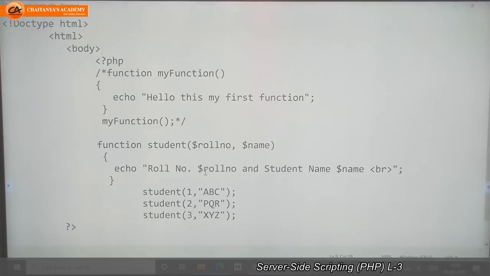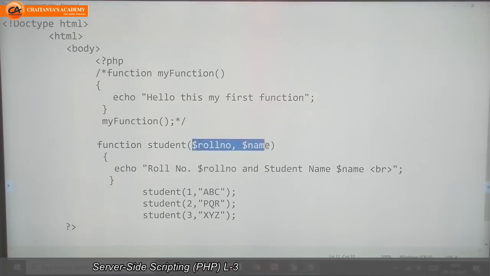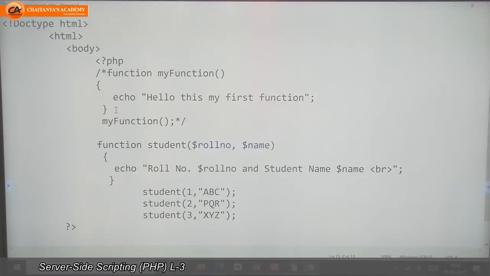See here, roll number and student name of that student, as arguments we passed here. So these are the arguments. Arguments, which means what? An argument is like a variable, and by using arguments we are passing information to functions.